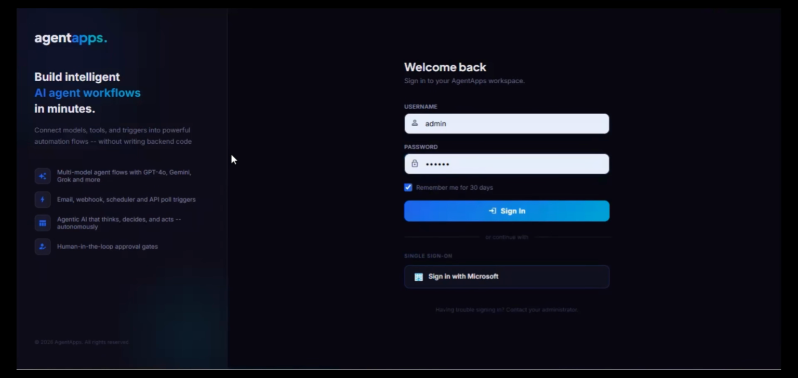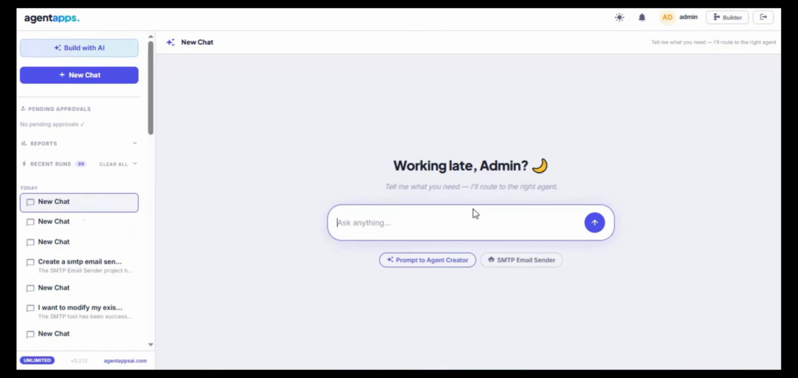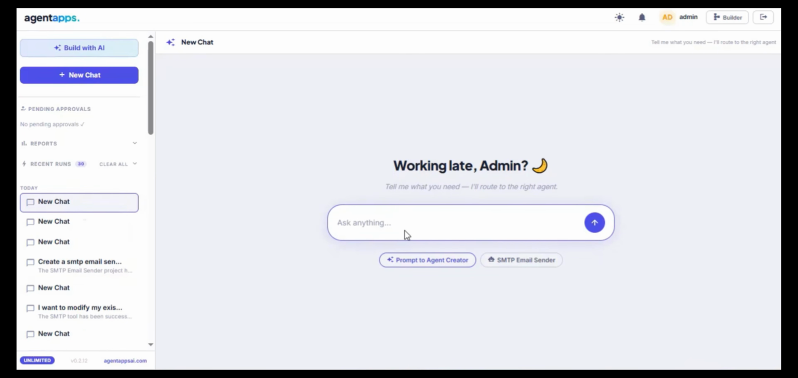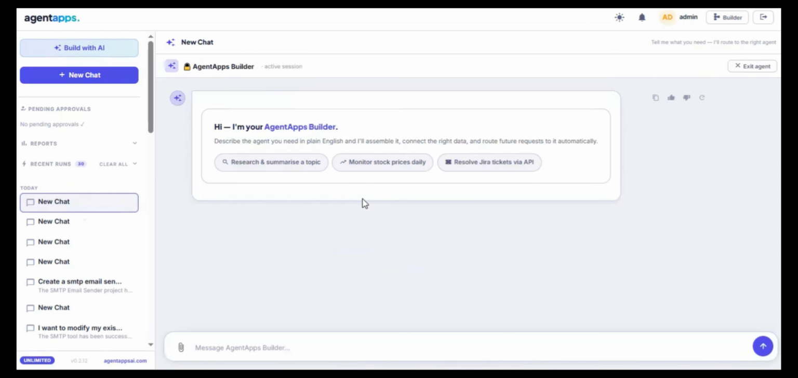Let's get started by logging in to the AgentApps portal. Once you're signed in, click on Prompt to Agent to launch the AI Builder. Instead of manually designing workflows, all we need to do is describe the agent we want to build using natural